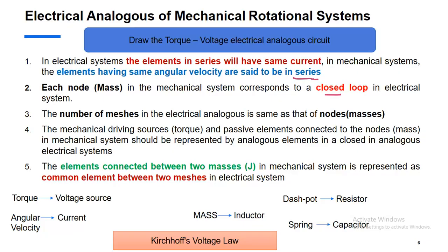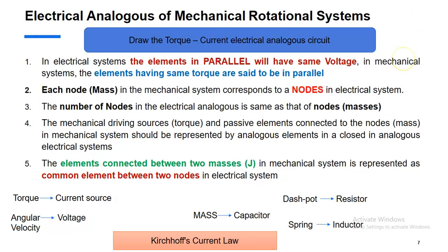In short, the input torque is represented by a voltage source, angular velocity is represented by a current, the mass, that is J, is represented by an inductor, dash part is represented by resistor, and spring is represented by capacitor. We are going to use Kirchhoff's voltage law to write the mesh equations. Next we will see the